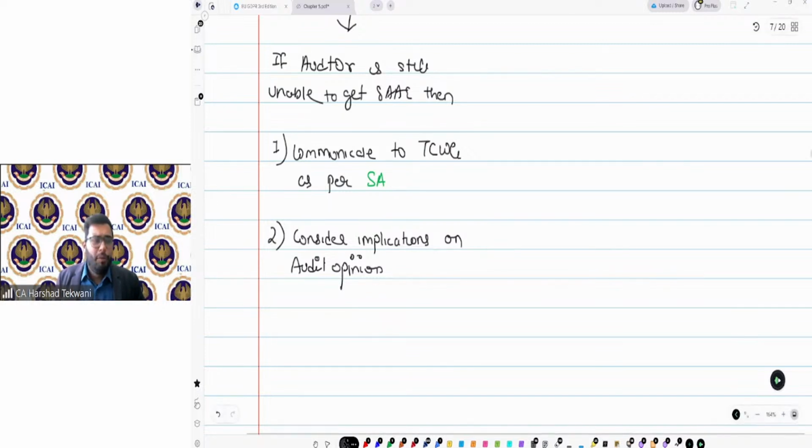So the first one, communicate to those charged with governance as per which SA? Come on, guys. Quickly, quickly, which SA?